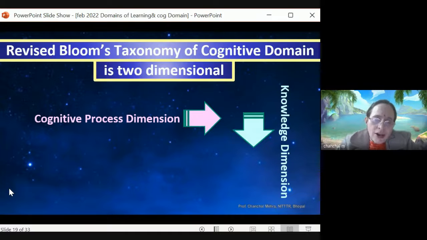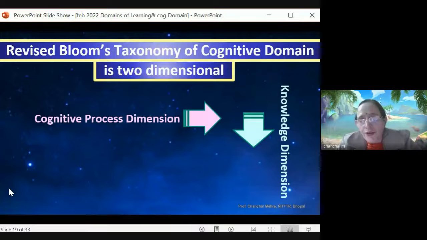But when Lauren Anderson and Krathwohl, they worked again on the taxonomy of cognitive domain, they find that while designing the curriculum and implementing the curriculum, the teachers and the students, they are finding it difficult in interpreting the things. So they are of the opinion that it is better to introduce the second dimension in the Bloom's taxonomy, which is the knowledge dimension. जैसा आपने सुबह सर को भी सुना होगा और आप में से बहुत लोगों ने इंडक्शन